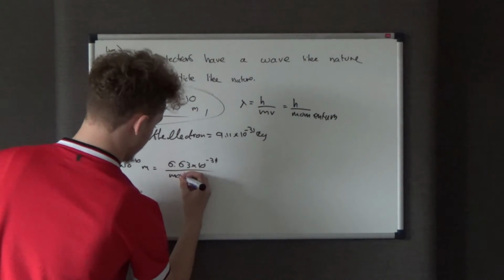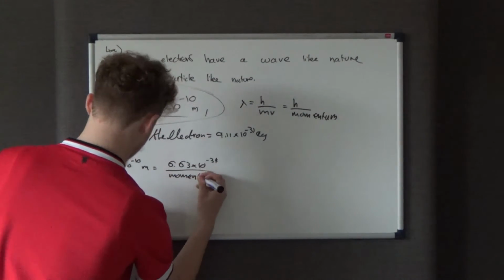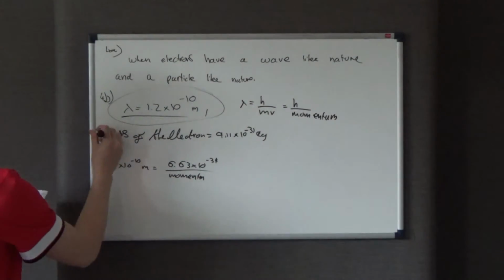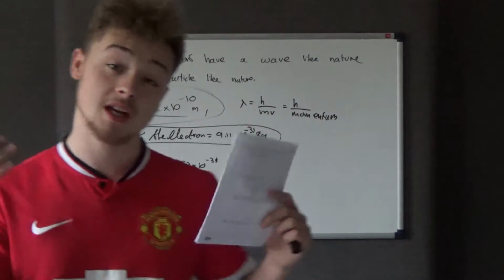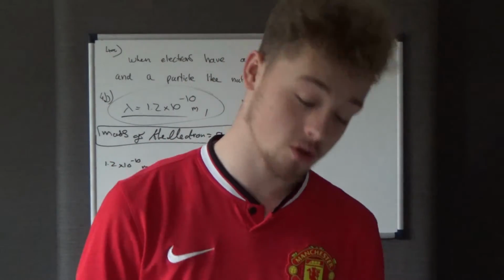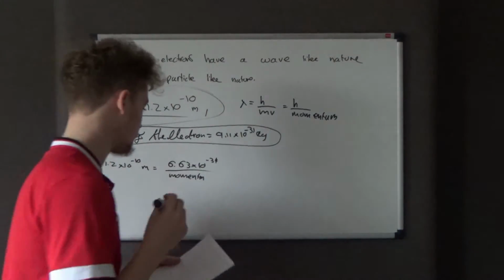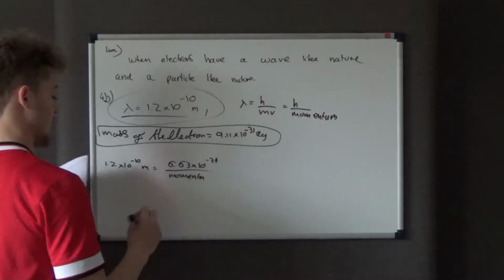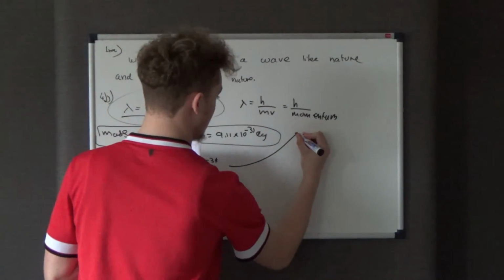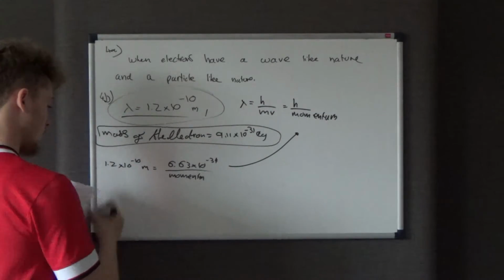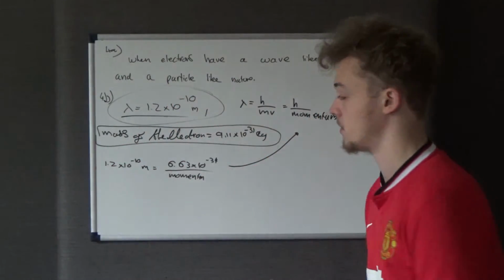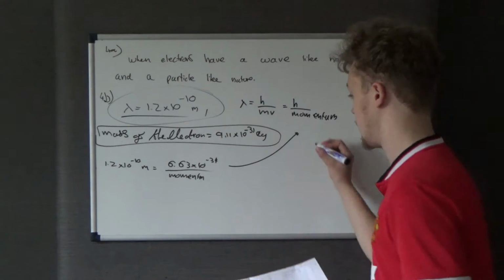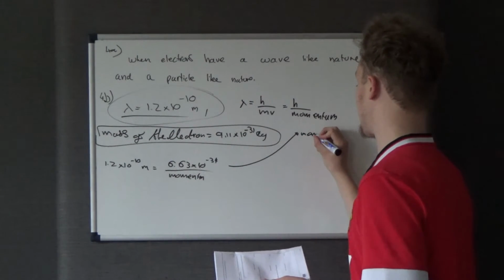over the momentum. Now, actually, I've noted down the mass of the electron, but it doesn't matter, because it's not asking us for the velocity, it's simply asking us for the momentum. Okay, but that will come in handy in our next question. Okay, so, just a case of rearranging this, so if you times both sides by the momentum and divide both sides by the wavelength, okay, you'll get the momentum